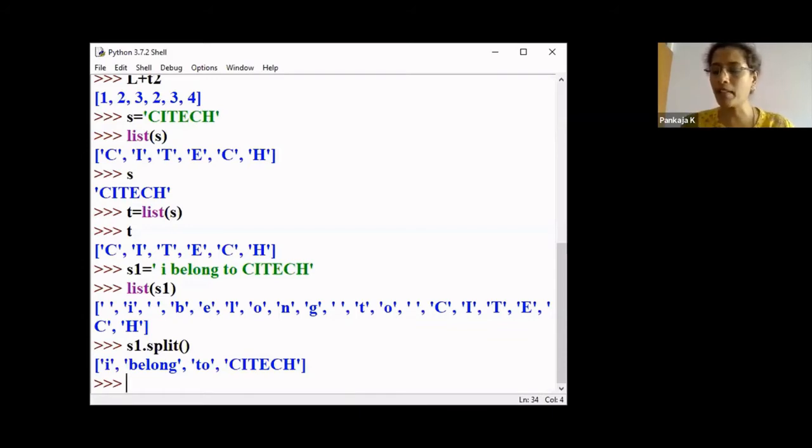Now, say for example, a string, we know, is a sequence of characters, and a list is a sequence or a collection of items.